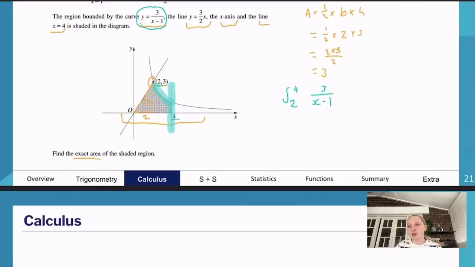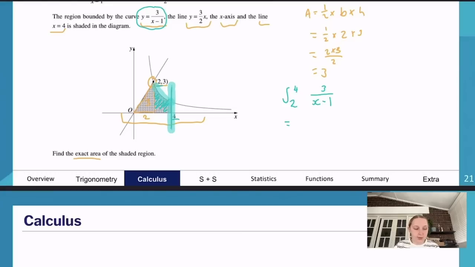Some people get a little bit confused, I think, about knowing which formula they're doing or which function they're looking at, if they have to like minus them or add them together. But in this situation, this line here, this x equals 4, the only thing it's doing is creating a boundary, right? Because there's no area between that line and the x-axis because it exists vertically, right? So they're only looking at the area under this curve here, okay? And then what we want to do is just integrate that using